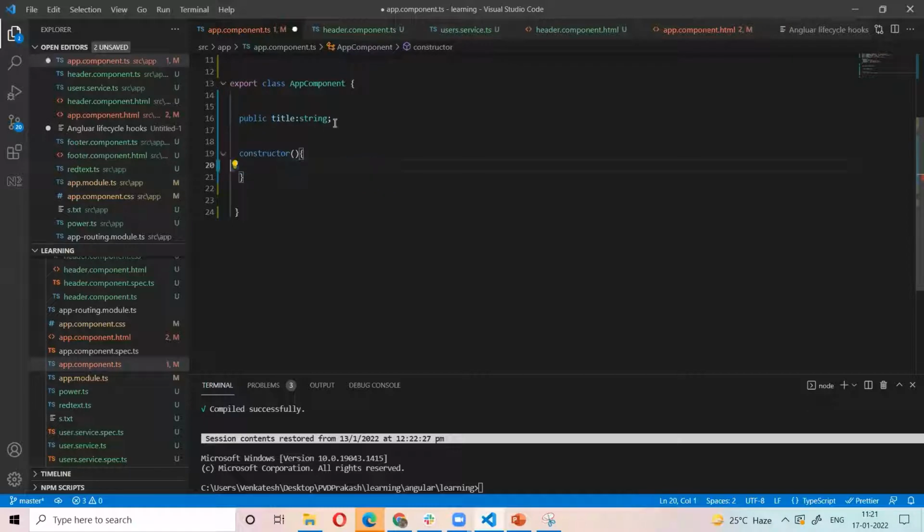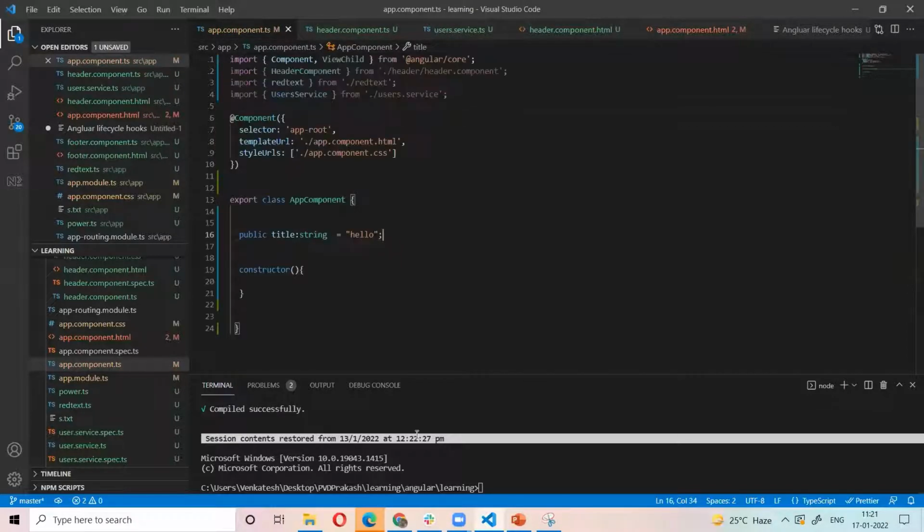This is a simple Angular class. We have one app component with a constructor method, one method, and one property.